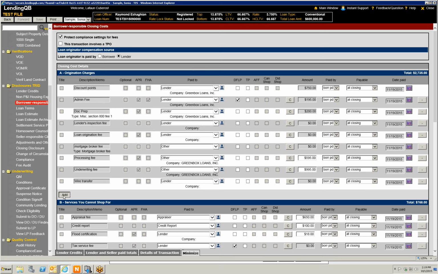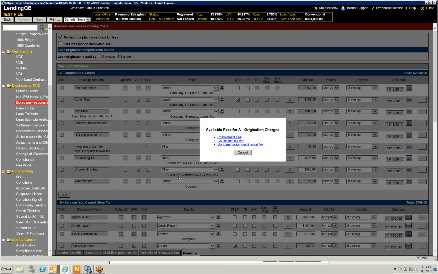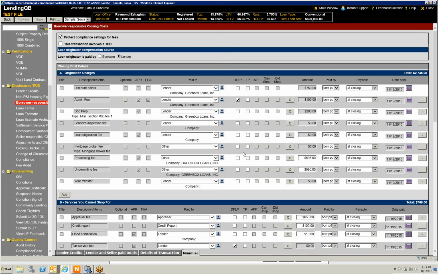There is a button here that, if for some reason there's a fee that you need to add, another box will open up, and you have 3 other fees that you can add here. If there's a fee that you come across that needs to be added in this section, you can either let John or me know and we will add it, but we've tried to put every possible fee that we can